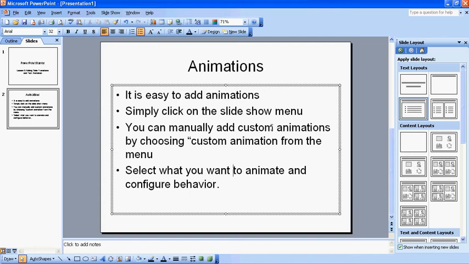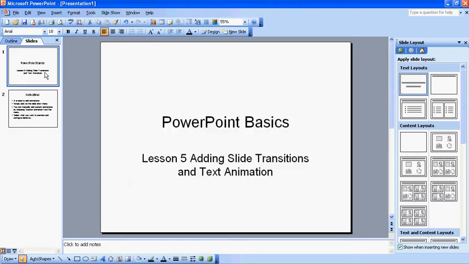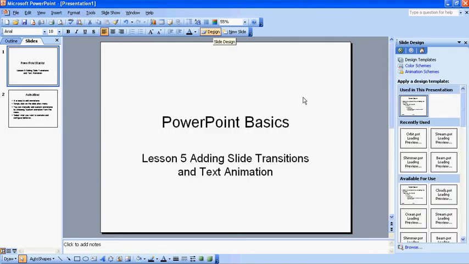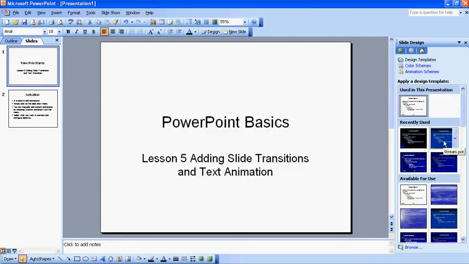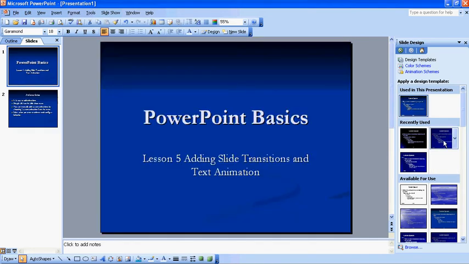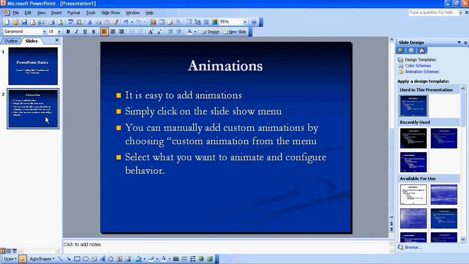a little bit. First of all, I'm going to go back to my main slide, and let's go to the design view, and I'm going to add a design template just to kind of pretty it up a little bit. Now I'm going to go to my second slide by clicking on it. And what I would like to do, let's say first of all, is animate this entire